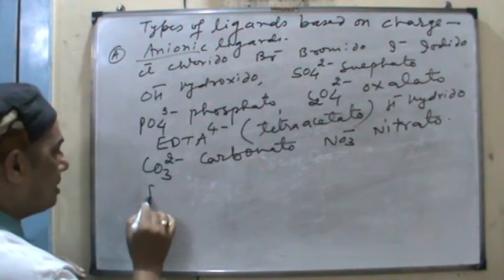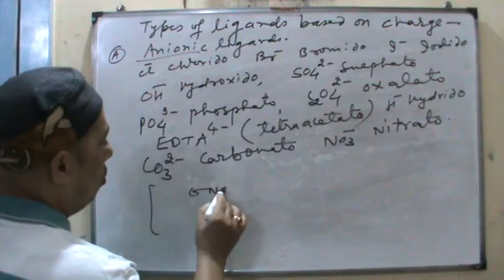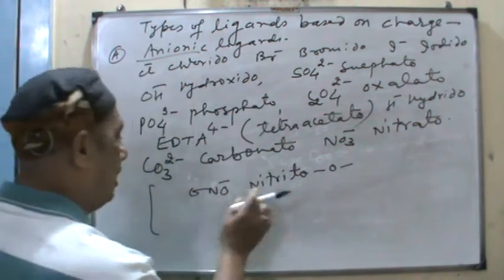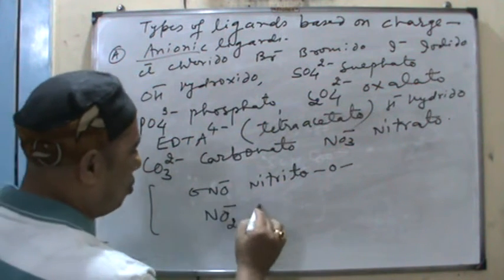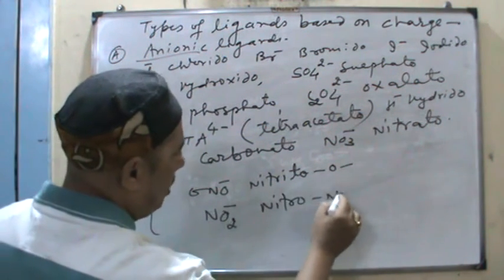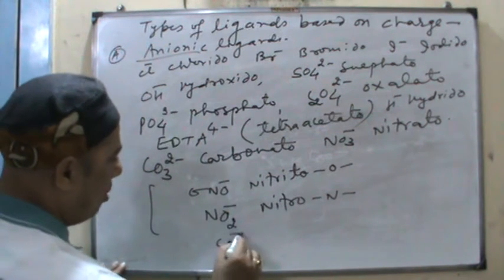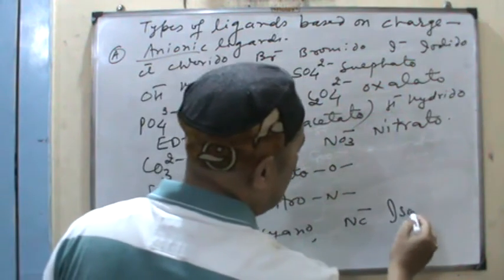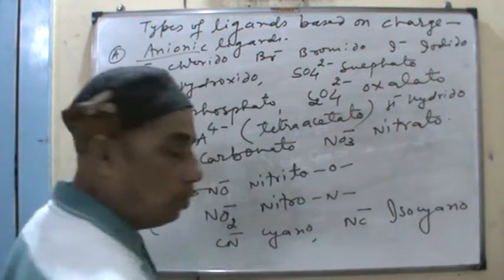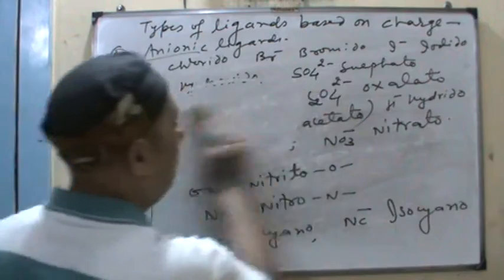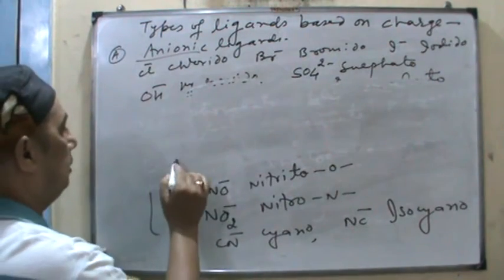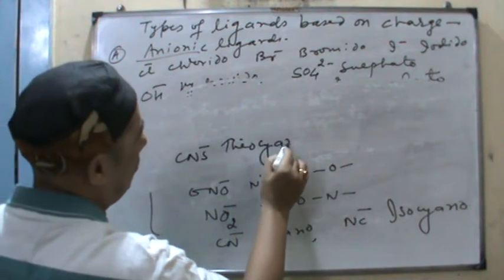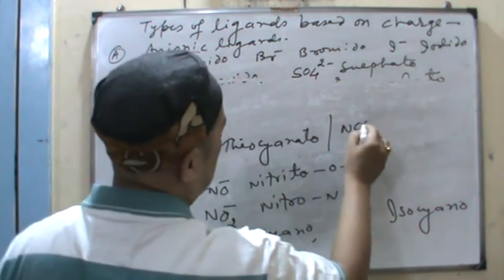Then some ligands contain 2 donor atoms. ONO⁻ is nitrito, and there you have to express the donor atoms. But if the structure is NO2⁻, it is nitro. And CN⁻ is cyano or cyanido, NC⁻ is isocyano, and SCN⁻ is thiocyanato, NCS⁻